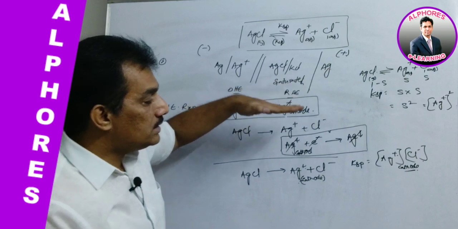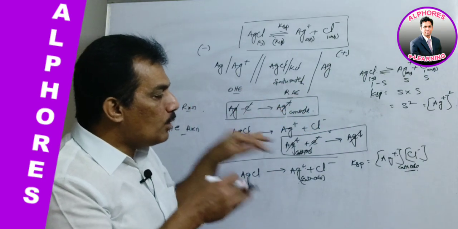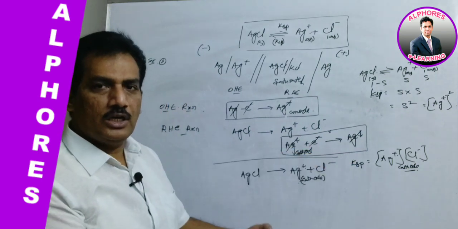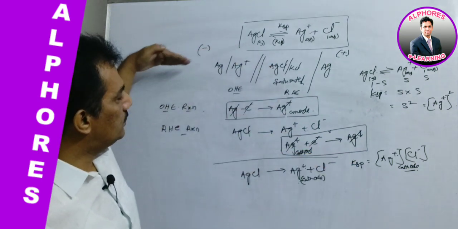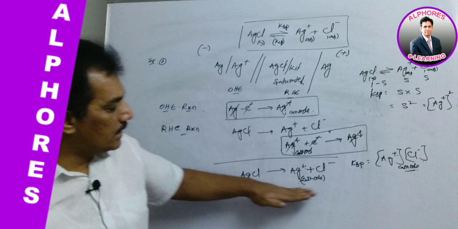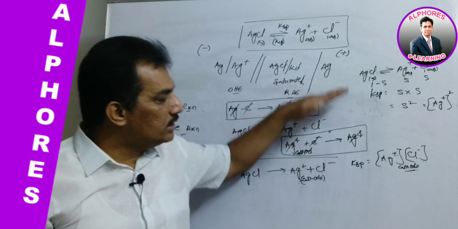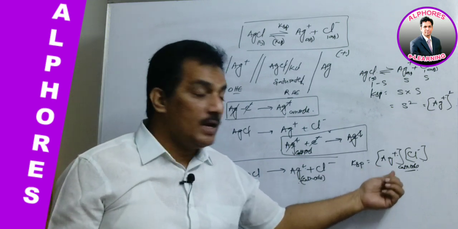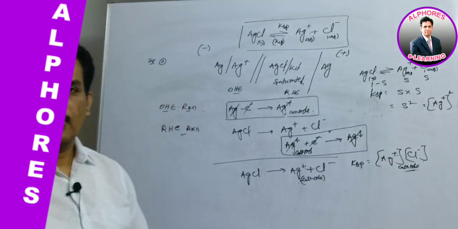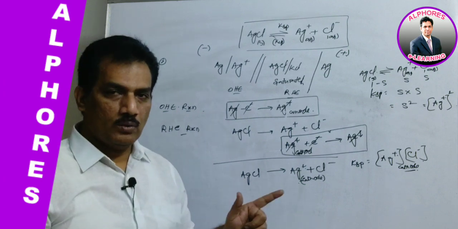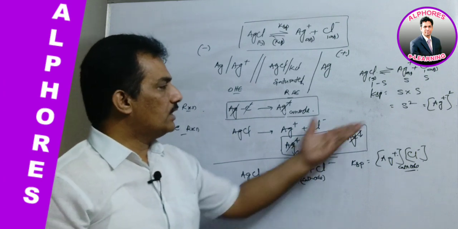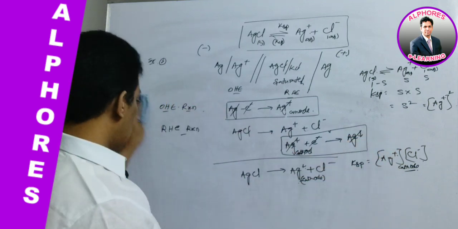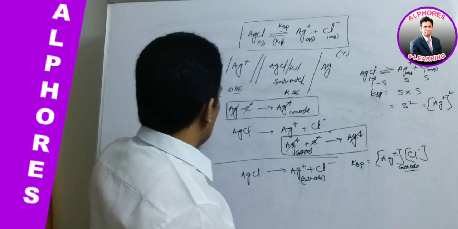Clear? This is the concept we have to compute, and if you are thorough with this one, let us continue with the next step. So this is the cell reaction we are getting. Ultimately, from all these derivations, what we require from the data is Ag plus at cathode. If we know the Ag plus concentration at the cathode, then we can calculate the KSP of the reaction. Clear? And now, the KSP of the salt. Let me continue this.